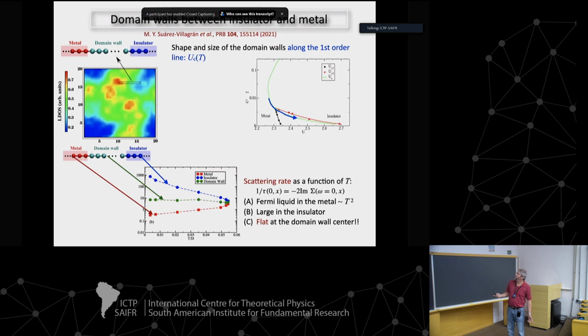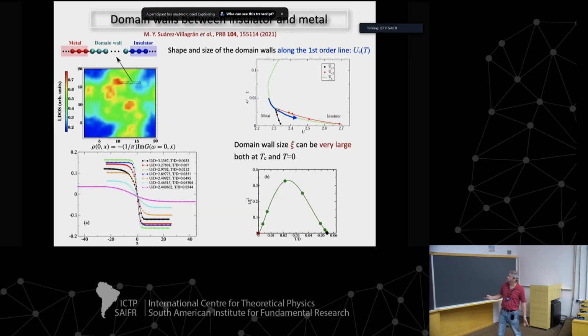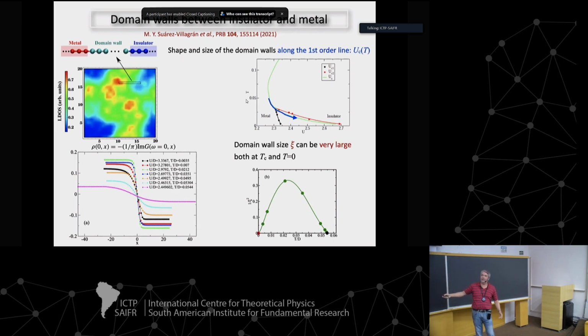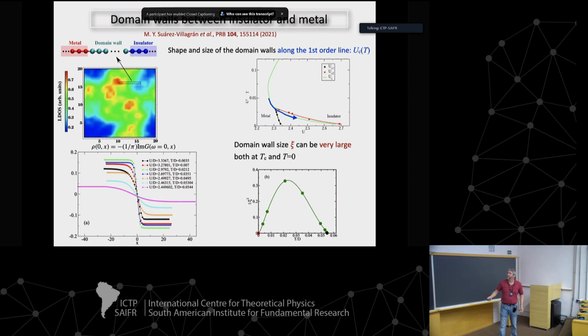So let's see if I can find it. Oh, this one here. This is essentially the clean system behavior, because we are fixing the phases on either side. So in a sense, if you look at this interface here, this is just an interface between an insulator and the metal. And so you'd expect that it is governed by the correlation length of the transition. It is. And as I said, the reason why the inverse goes to zero is because it's also a second-order transition within this treatment.